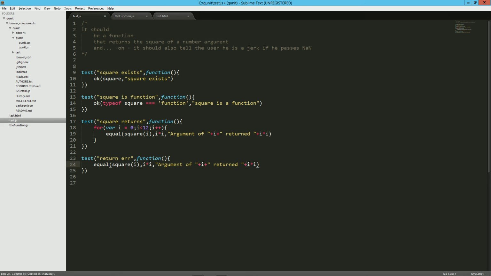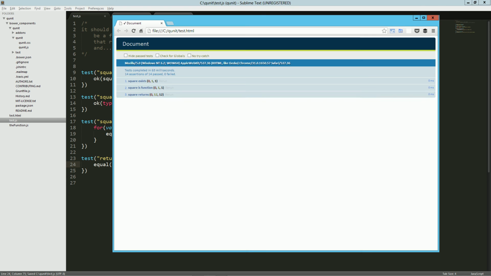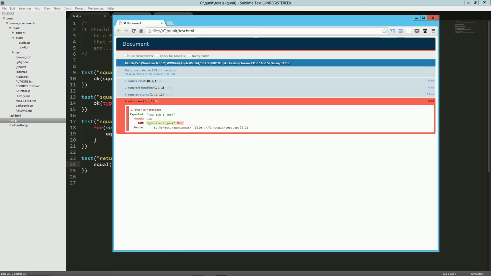In this we're going to pass a string, and the output that we're expecting is "you are a jerk". And here we'll say "returned jerk message". Again, this is going to fail because we don't have any error handling on that. It says the return was actually "not a number", and the difference between "you are a jerk" and "not a number" is